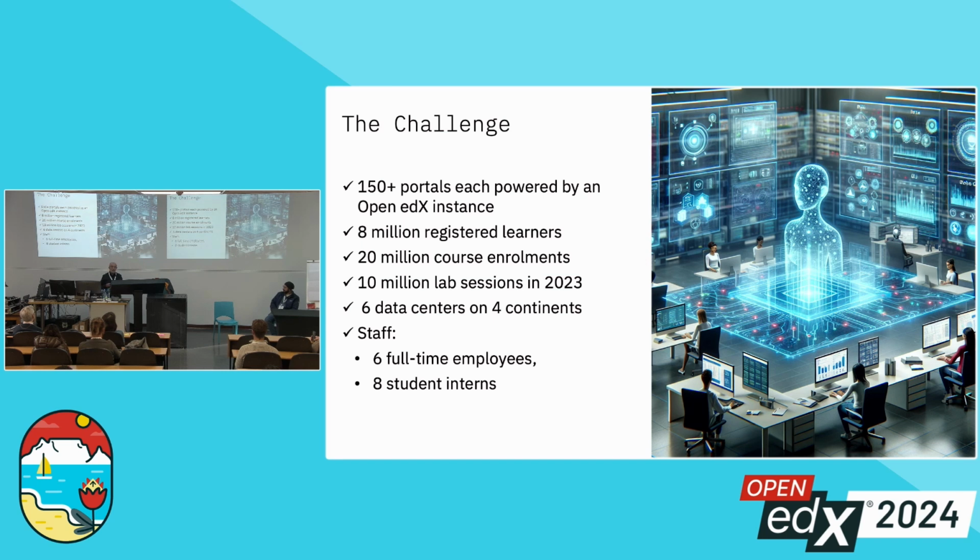So all of this requires a very substantial IT infrastructure. It's all on the cloud. It's all containerized. We don't have any VMs. And it's all distributed around the world to be close to where our learners are. So we have data centers on 4 continents,